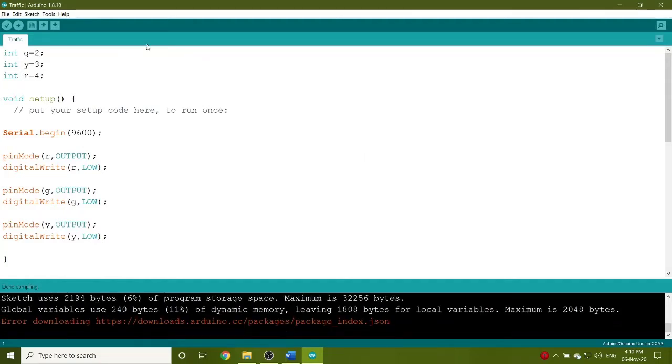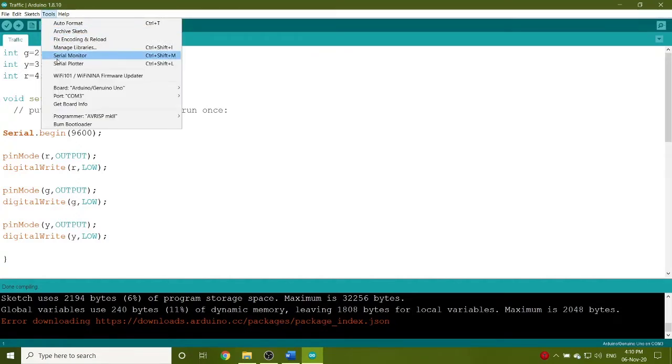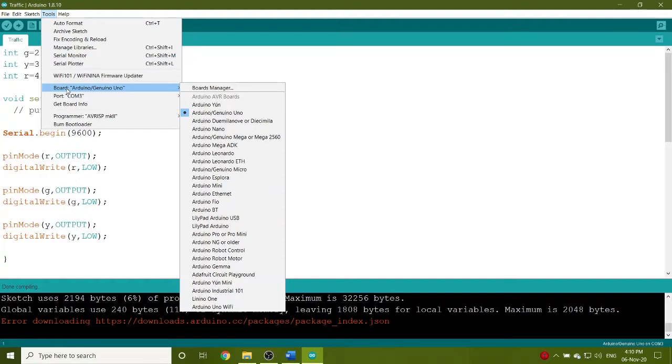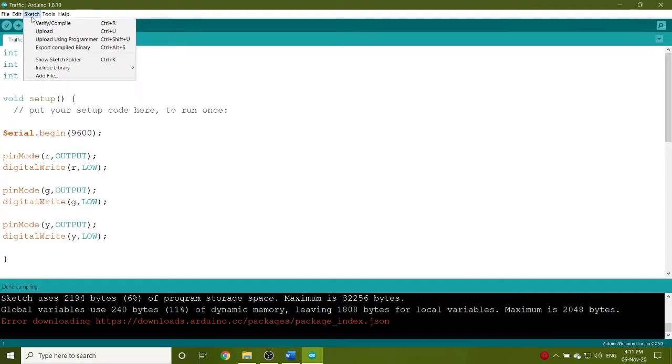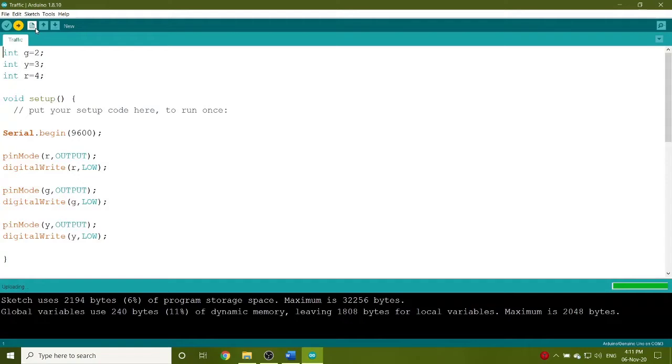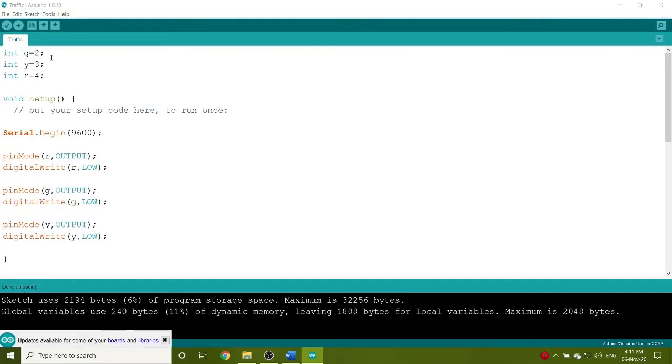Now I will go in tools and I will just check whether I have selected Arduino Uno development board in board and I have selected COM port as 3. After verifying this, I will go into the sketch and simply click on the upload button. After successful uploading, I will get a message of done uploading.